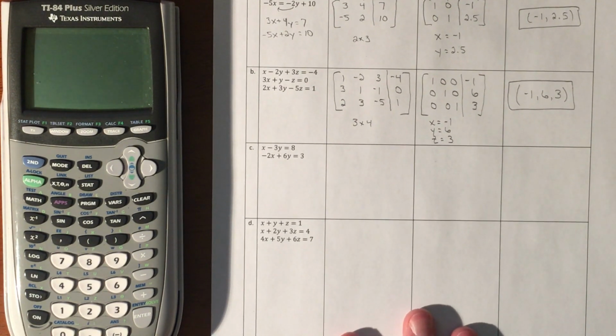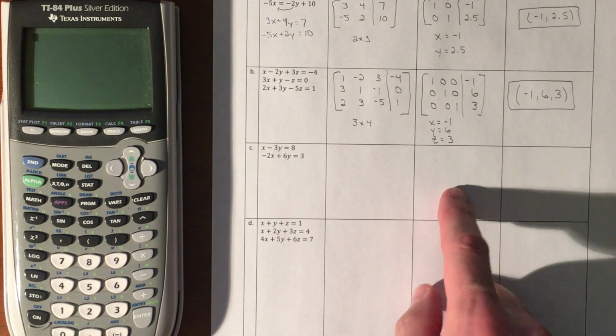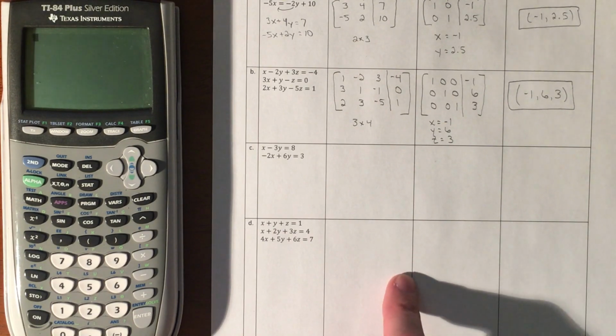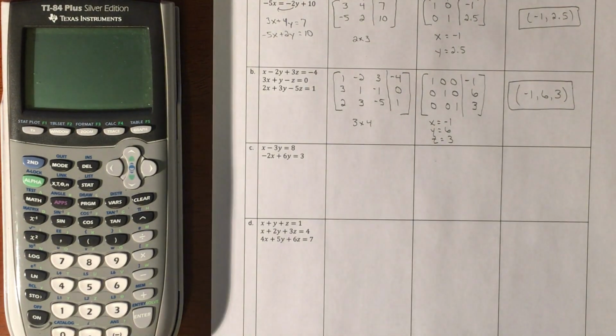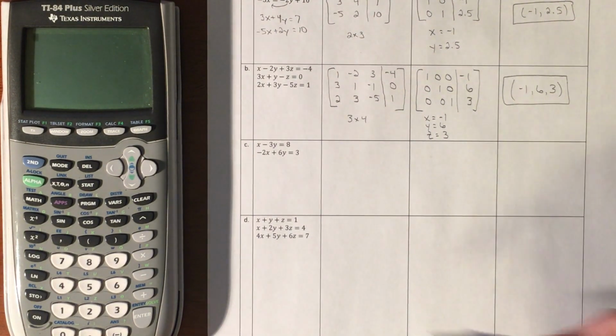So we just want to make sure we know what it looks like and how we deal with it, because there's definitely going to be a difference between the result you get here and the result you get here. Okay, so we got to understand your special cases are going to be no solution and infinite solution. So we got to make sure we understand the difference between them. So first thing is,